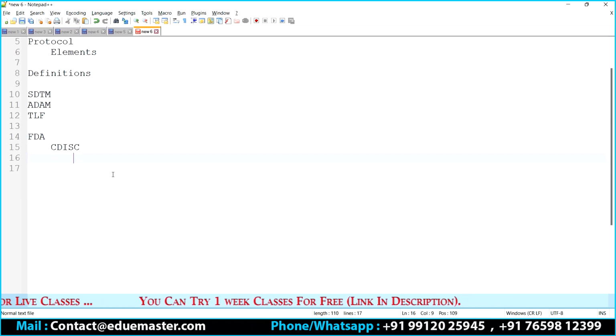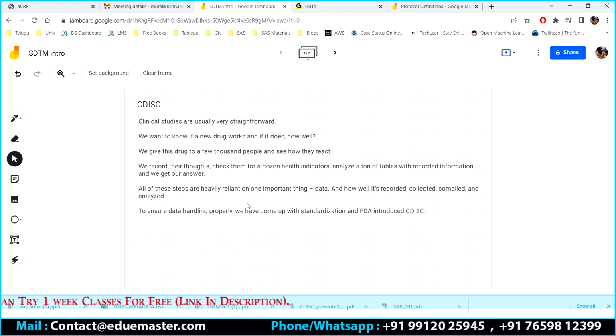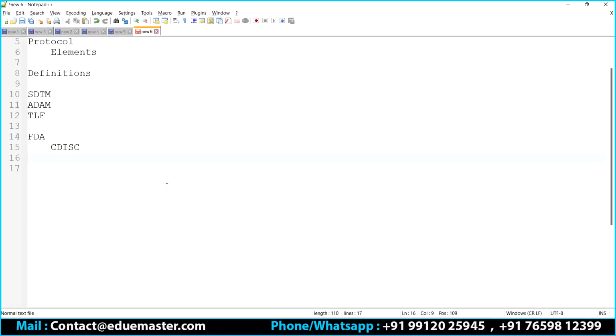So CDISC, where is it, just a second, here it is. Here is what your CDISC is. Now CDISC has come up with three different approaches. There are a lot of approaches, but we are interested in three. Out of that, the very first one is going to be SDTM, right? There are many approaches, but what we are very much interested in is SDTM, correct? So I hope all of you know the acronym for SDTM as well. Anyone?